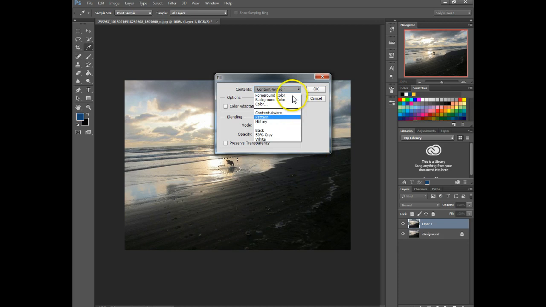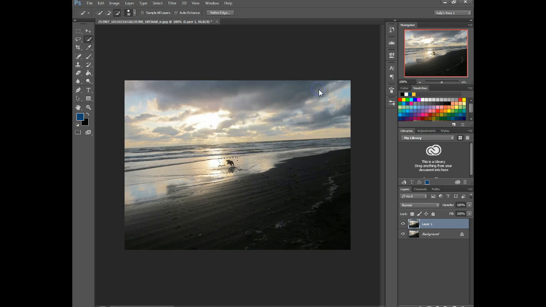You can choose different things here, but we want content aware, and we're just going to leave everything how it is for now and click on OK, and it works its magic. Boom. So I'm going to hit Control or Command and D to deselect, and as you can see, she's gone from there. So there's my ocean view with the future sunset coming down with no dog.